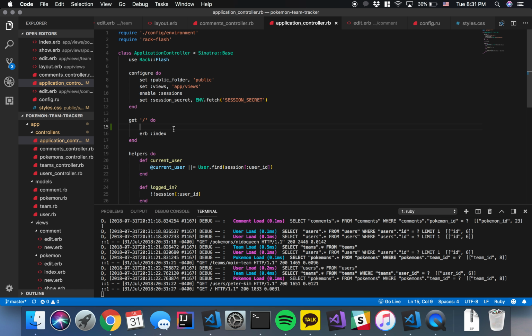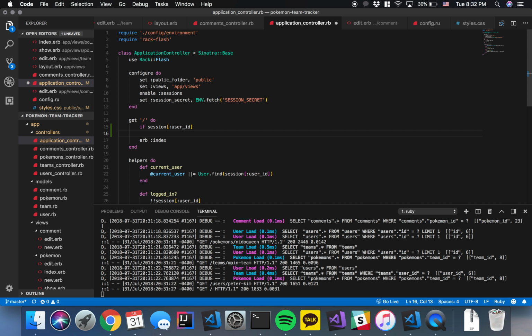and the route that is responsible for rendering that index page, if I do a if session user ID. So if a user exists, then actually redirect to